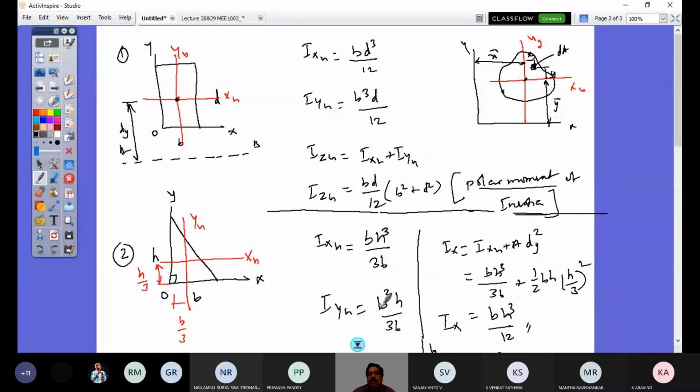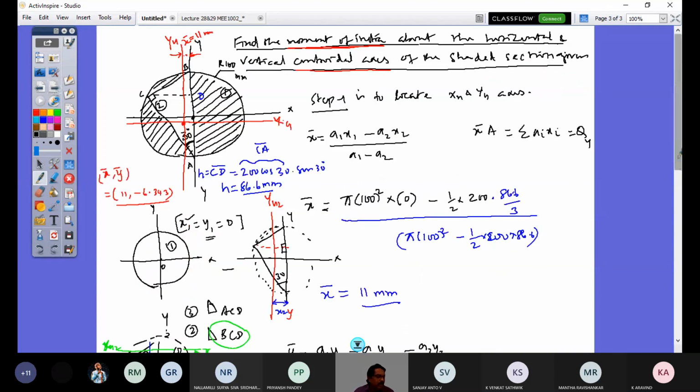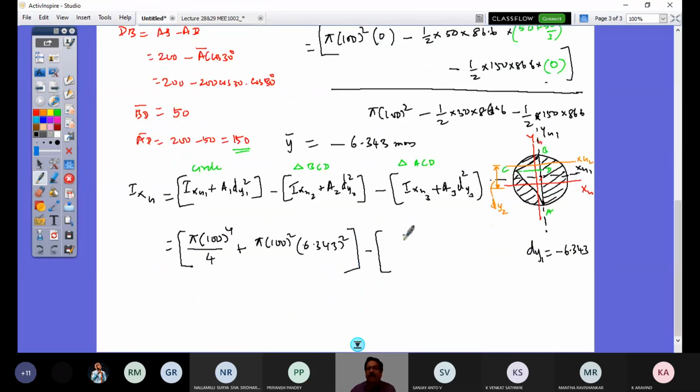So that's going to be b. Here is the CD value. What was the CD value we got? 86.6, the height of the triangle, right? So 86.6 into that is b, and now the height is BD. BD is the height. So the BD value here is 50. So 50 cube by 36